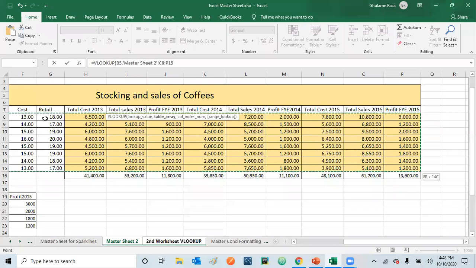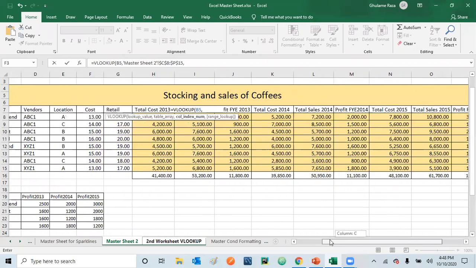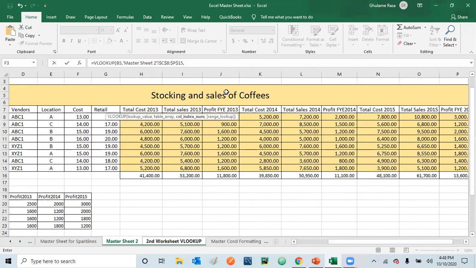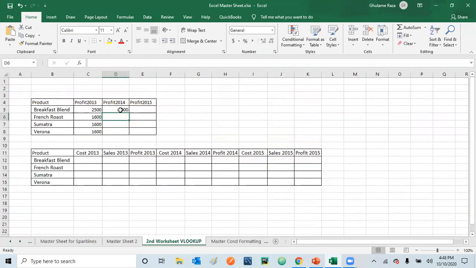So we have selected the table, and then we have to press F4, and then put comma, and then we know that the distance from the name to this profit of 2014 is 11. So we can just put 11 here, then comma, and then 0, and that's it. So we got the profit for 2014. Just drag it down, and it will give you the profit.